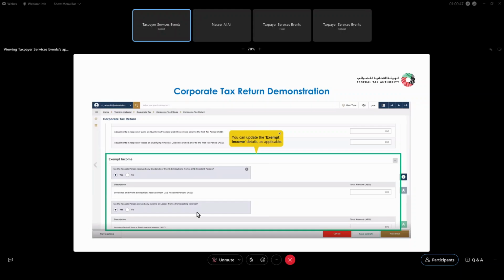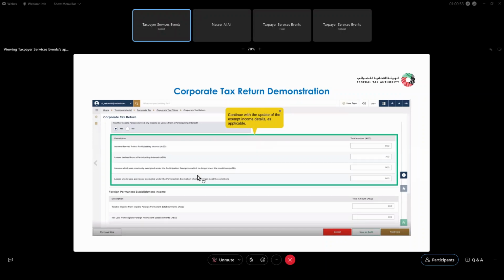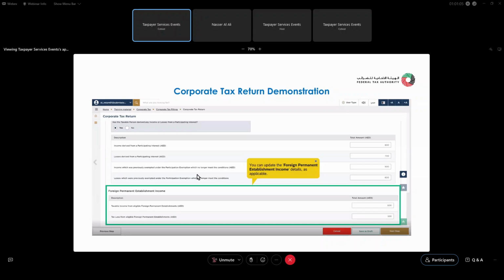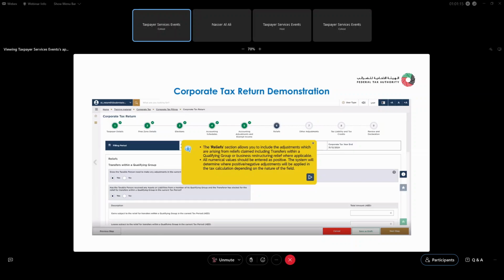You can update the taxpayer exempt income details if applicable in this section, and you will continue by updating the exempt income details. You will move to the foreign permanent establishment income details if applicable to you, and once you've completed all the required fields, you will proceed to the next step, which should be the relief section,